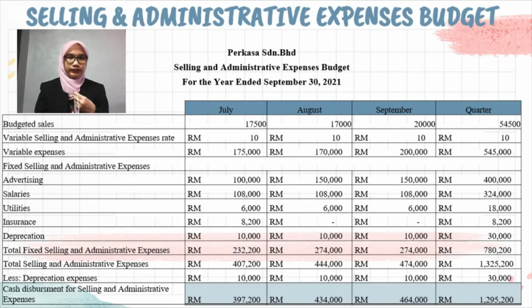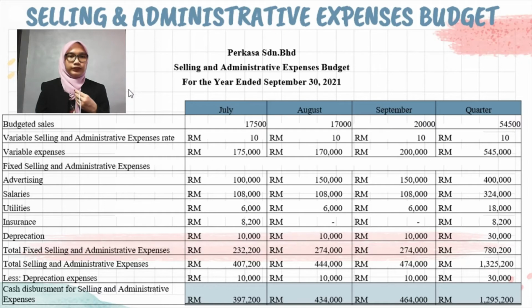is shown in the table below. The selling and administrative budget is separated into variable and fixed cost components, just as the manufacturing overhead budget. As a result, each month's budgeted sales are recorded at the beginning of the schedule. These numbers are based on the previously estimated unit sales. Okay, then